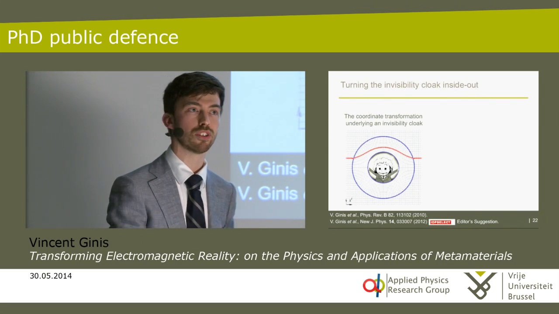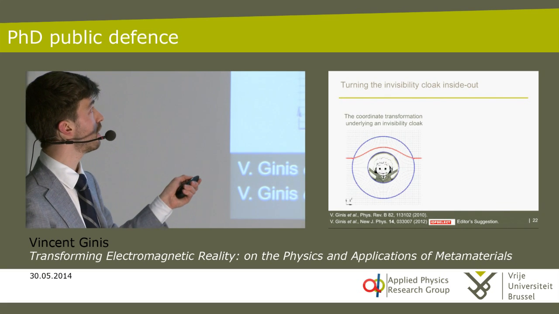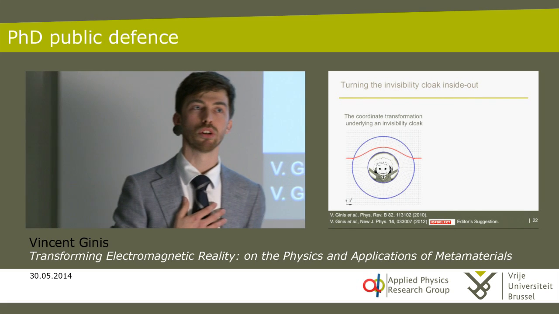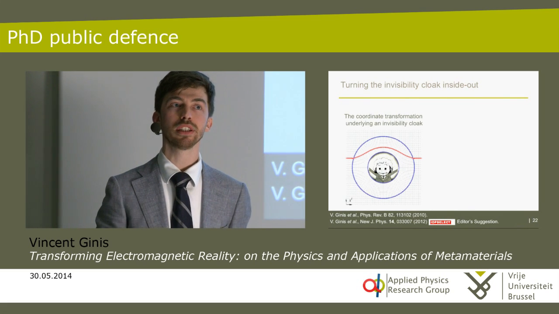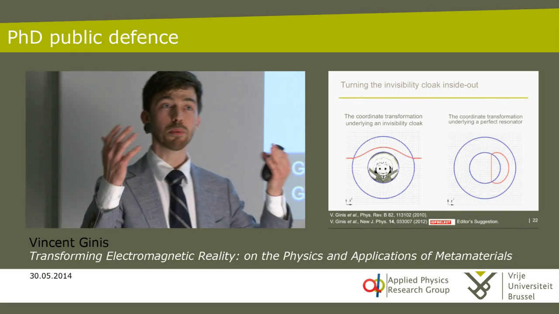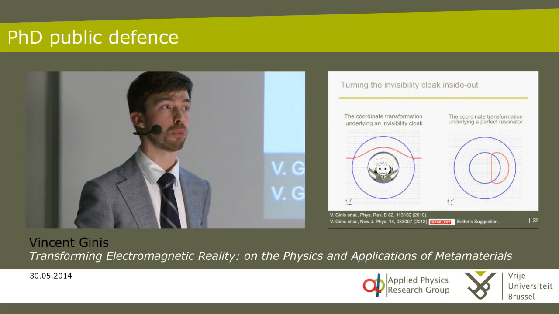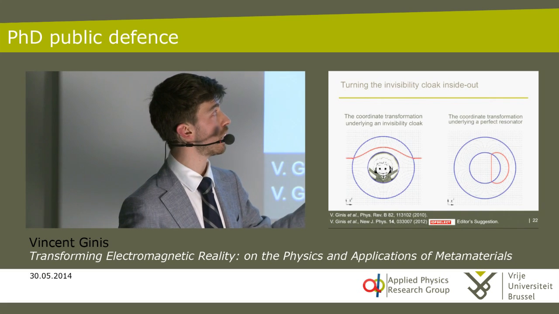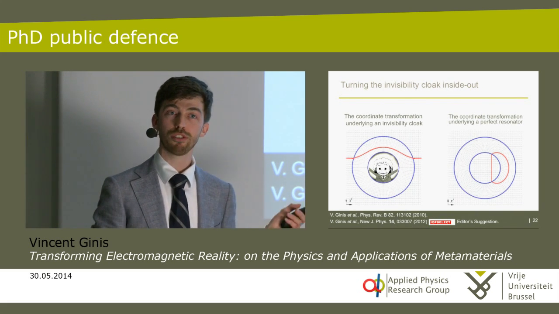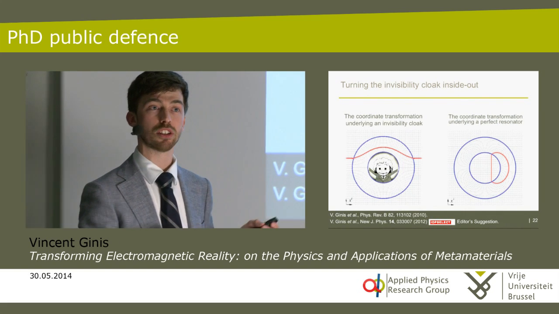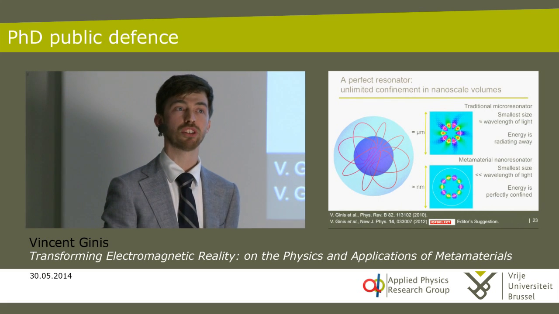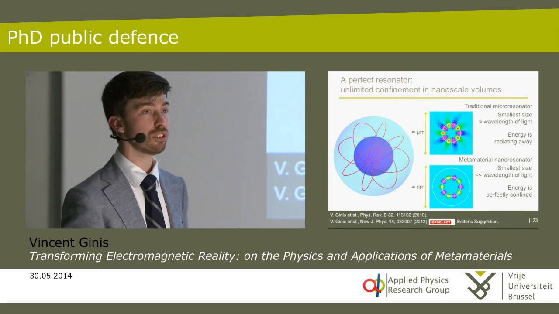You could say that an invisibility cloak is prohibiting light from entering a certain region. And what we want to do with a microresonator is doing the exact opposite. We want to make sure that no light can escape a certain region. Or to put it in other words, we want to make sure that the outside world becomes invisible for the inside world. And so therefore we designed this microresonator based on this coordinate transformation. And after some tedious calculations, which I won't show you here today, we found that indeed such a